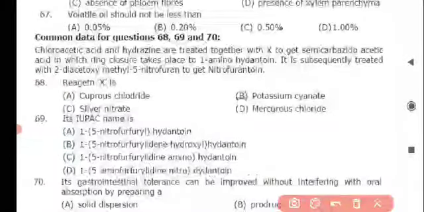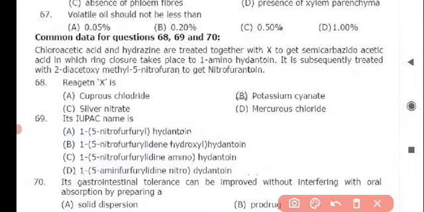Now moving to the next statement. Chloroacetic acid and hydrazine are treated together with X to get semicarbazidoacetic acid, in which ring closure takes place to 1-aminohydantoin. It is subsequently treated with 2-diacetoxymethyl-5-nitrofuran to get nitrofurantoin. And the question is, the reagent X is, and the correct answer is option B, potassium